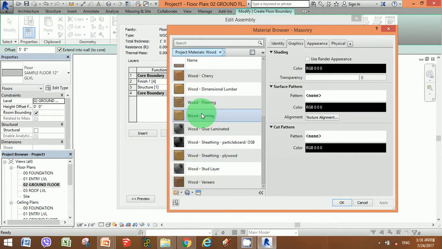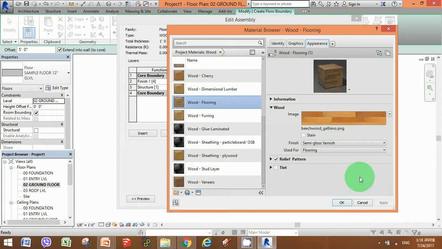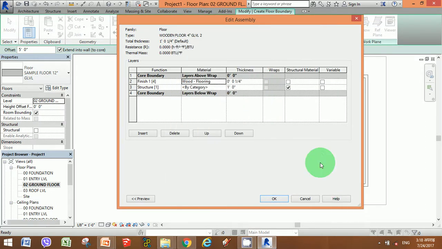Here in the wooden flooring material, you use the wooden flooring. Basically this color is okay for now, because you can see the appearance. This appearance is quite good, so let's select this appearance. Thickness is also okay.